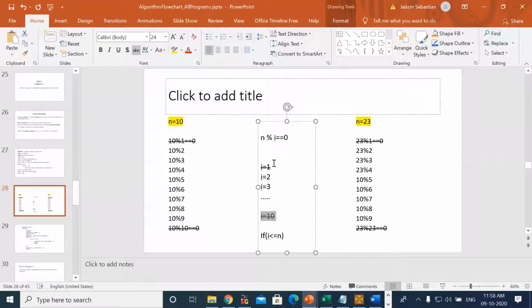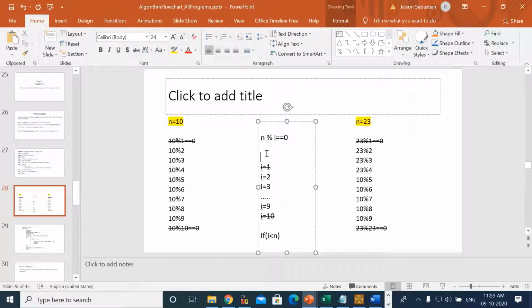So now the i value will start from 2 and the last value of i will be 9. What condition should I give in the bracket? The i value should not be equal to n; it should be less than n. If I enter n as 10, i will go 2, 3, 4, 5, 6, 7, 8, 9. It will not reach 10.